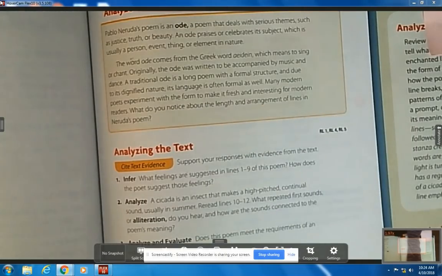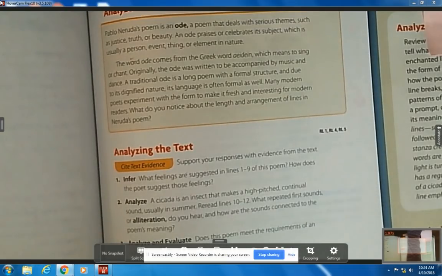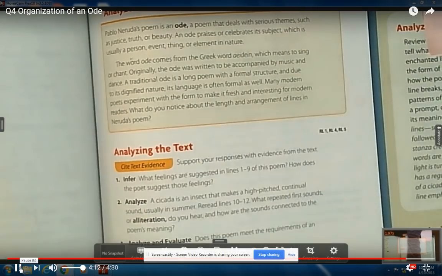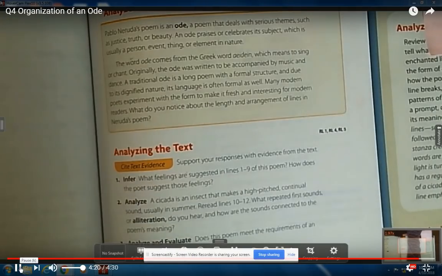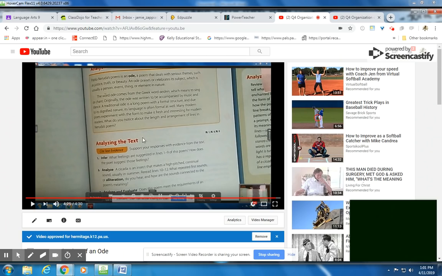Odes, though, the focus is on praising and celebrating whatever your subject matter is throughout the whole piece. Again, that's the only requirement for an ode. There's no specific rhyme scheme. There's no specific rhyming pattern. But ultimately, as you're praising or celebrating an aspect, you should also consider what message you are conveying, because it usually deals with a strong message as it's praising or celebrating an aspect of a person, people, thing, or event. Any questions about odes?